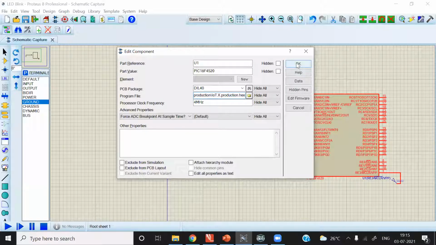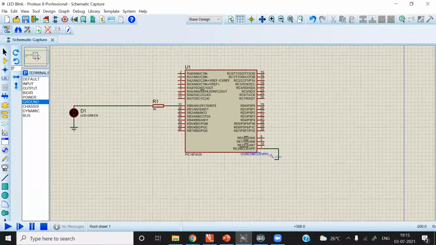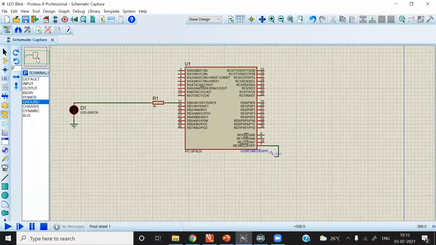After that, just click OK. Fantastic, now everything is complete. We are ready to simulate our circuit design. To run the simulation, we just click on this play button, and then the simulation will start.